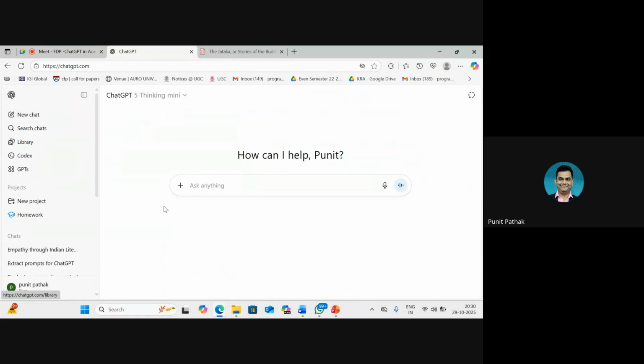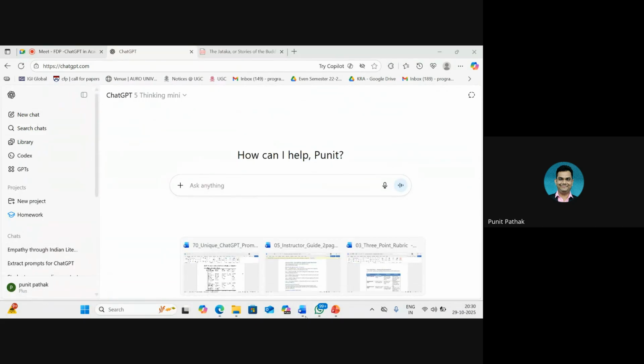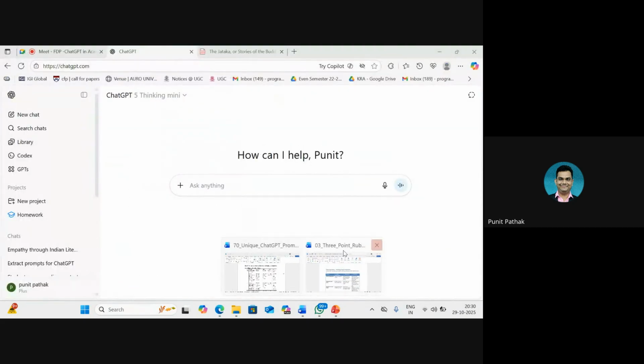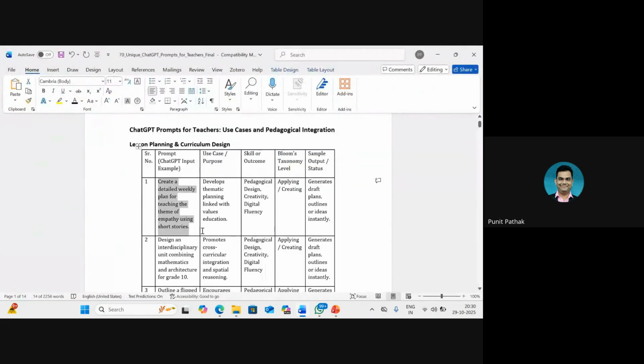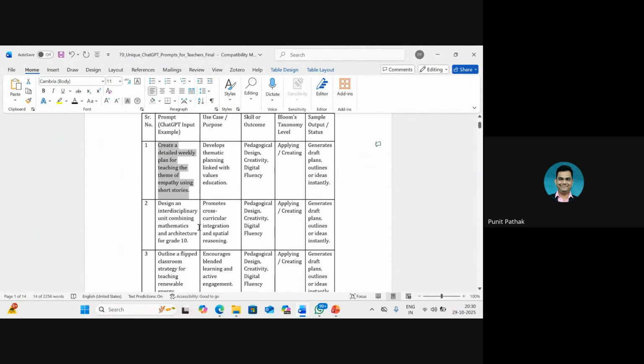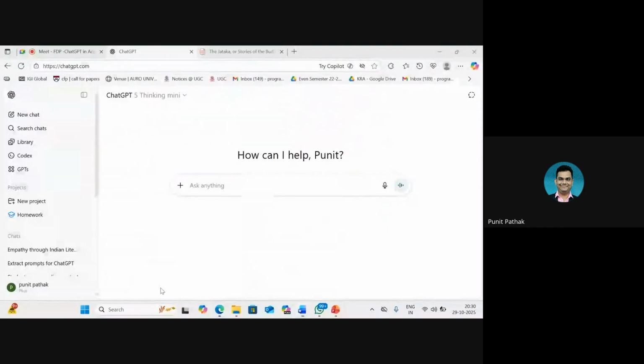Let's go to a new chat. We'll take up another example now, and we will try and change the model a little bit this time. We will go with the next category, which says there's supposed to be a design of an interdisciplinary unit combining two different topics. I'm going to modify this prompt a little bit. I'll change the topics and the grade level. We'll make it slightly more difficult in terms of the areas of the topics that we take and the target audience level also. So let's say, for example,